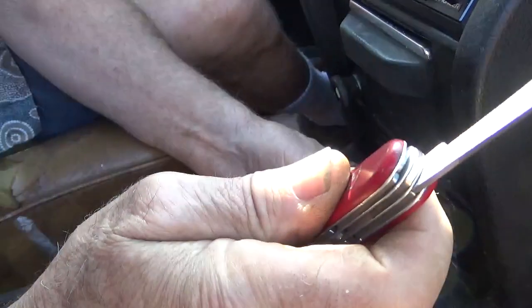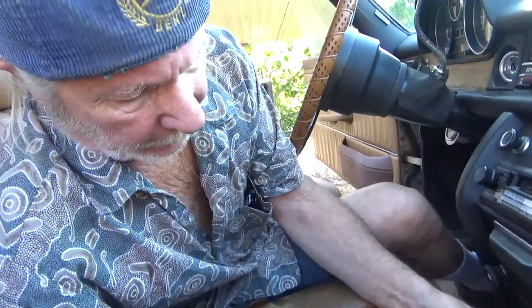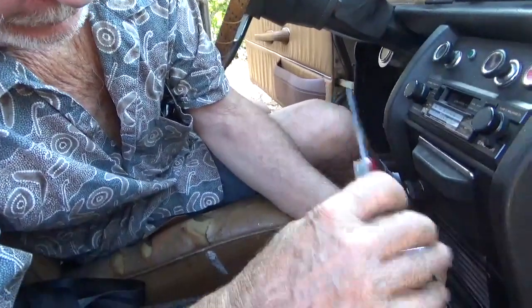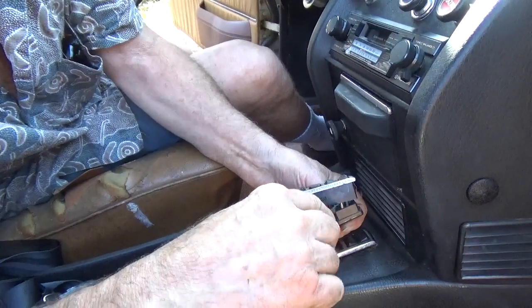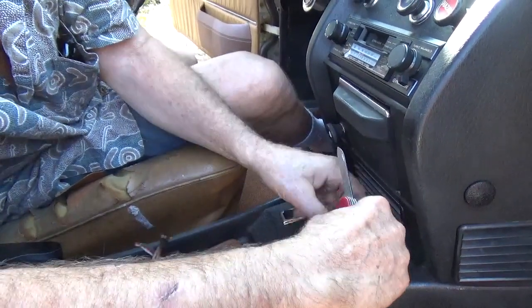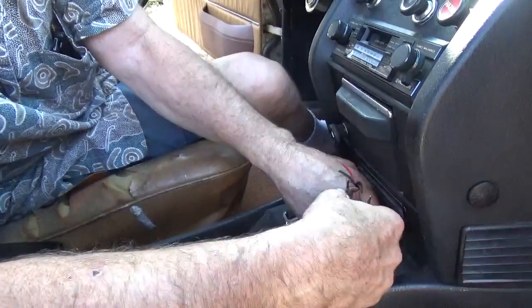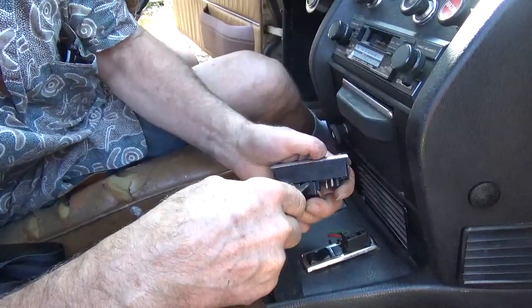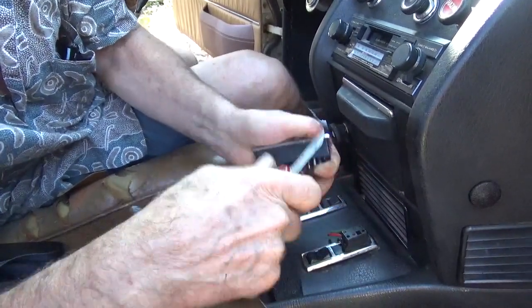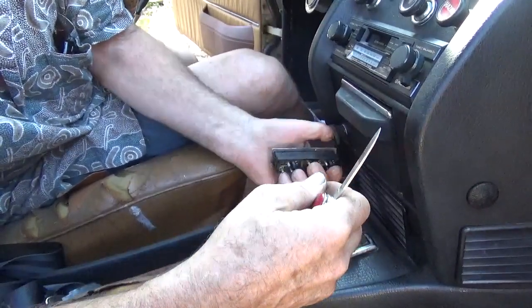Now, important, disconnect the negative cable of your battery first so you don't have any electrical problem result. But anyway, you get your knife in here and pop off these connectors, which are going to stay underneath this cover. And you pry all these connectors off. Then you can remove your switch,